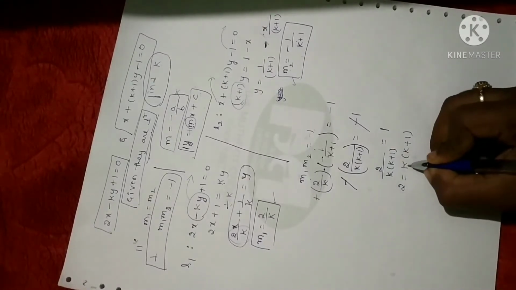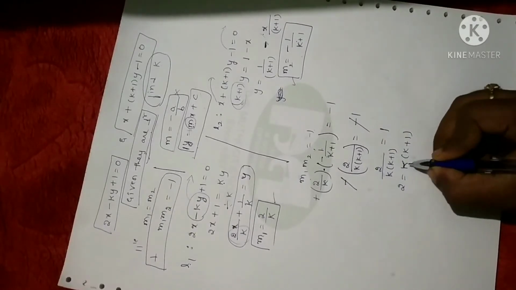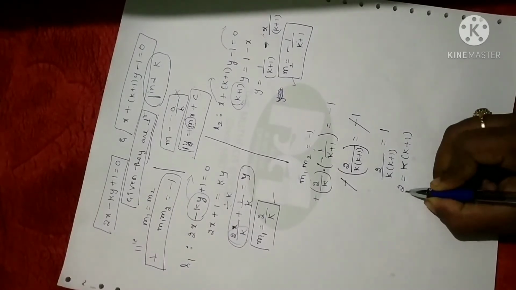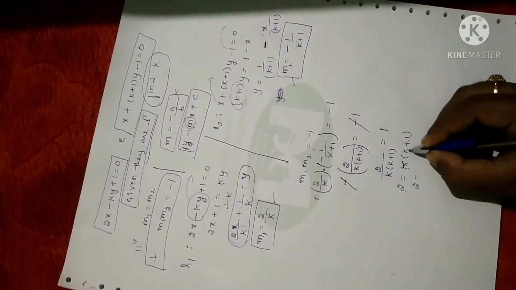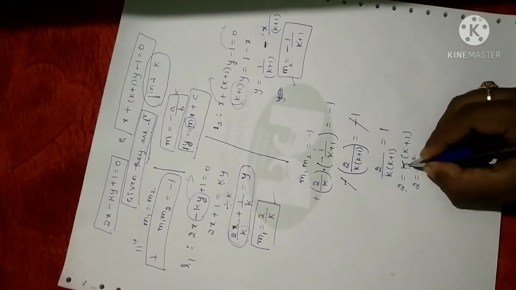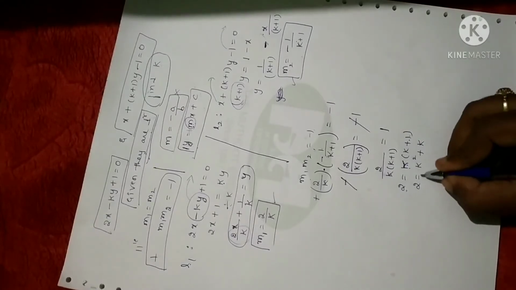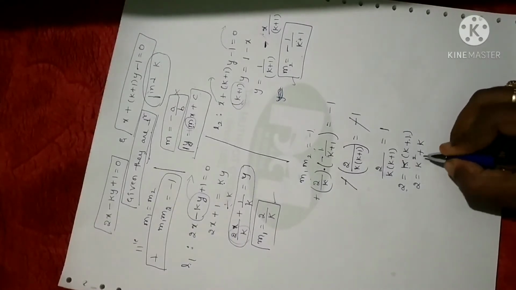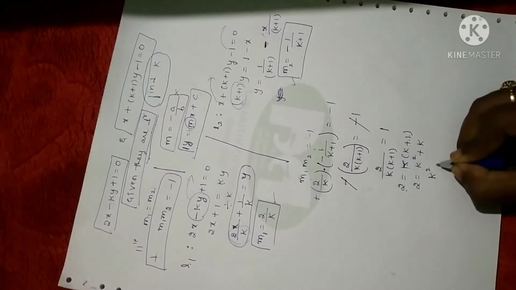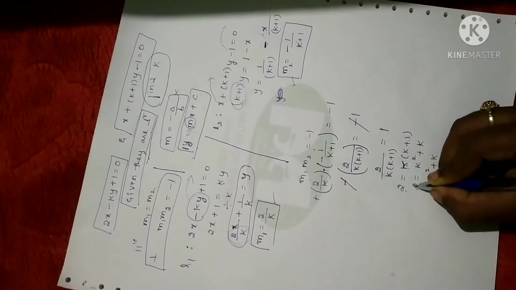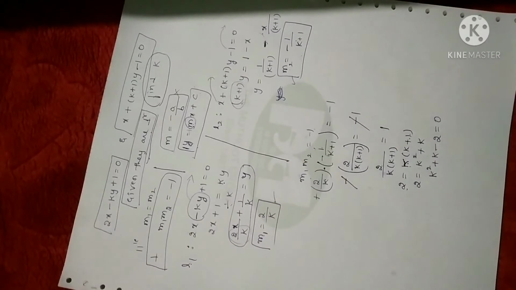Fine. Now, some people have been found in the preparatory exam equating the value of k to 2. You cannot do that. You have to multiply this value inside. So k into k is k square, plus k into 1 is k. No need to worry about whatever the degree of this equation may be. Let me convert it into standard form. k square as it is, plus k as it is. I'll shift 2 to the other side, so you get minus 2 is equal to 0.